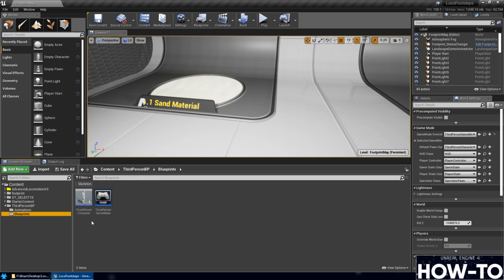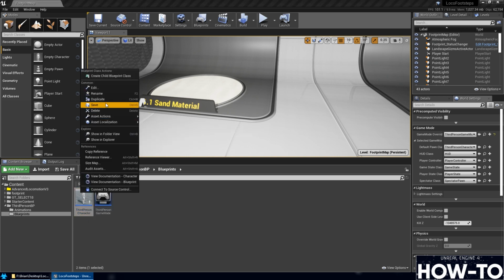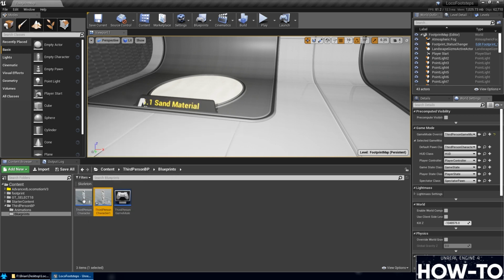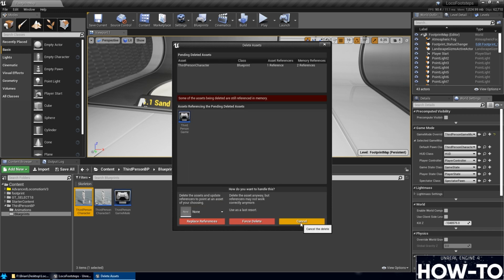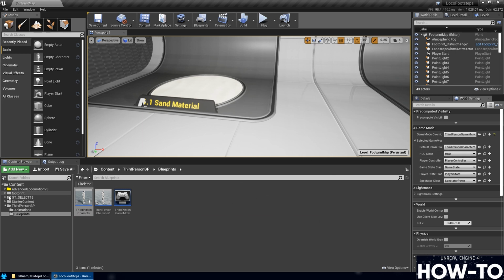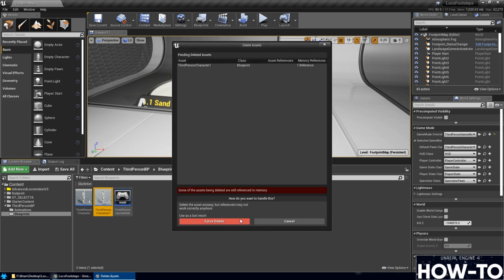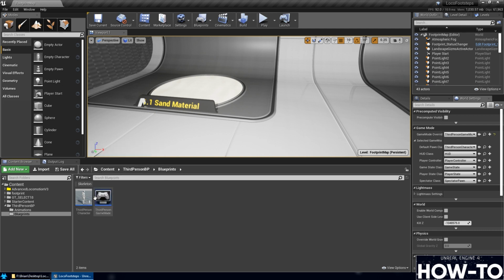We still have the third person character. And if I were to, let's just go ahead and make a duplicate of it first. If I were to select delete on it, the only thing that's referencing it is this third person game, which is where we're at right now. So rather than sit here and actually delete this one, which we don't have to, but if it was a more complicated system that had a lot of references to that, you could delete it and have it replace all references. Because I'm not using this one, I'll just delete it for now. But keep in mind, you would delete it and replace all references if it had a lot more than just this one reference. So under this third person game mode, so world settings on the right, third person game mode,